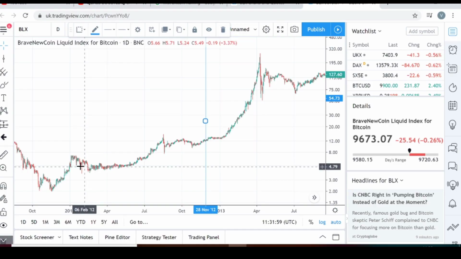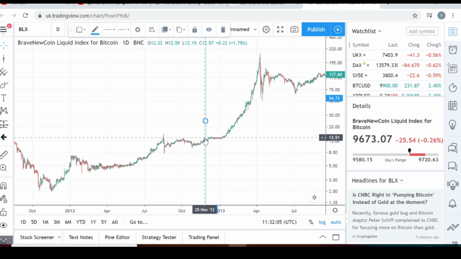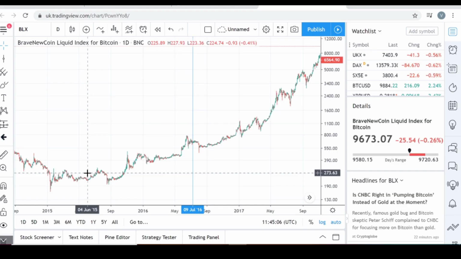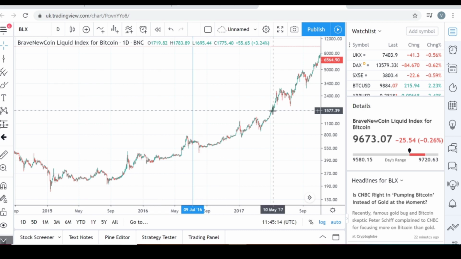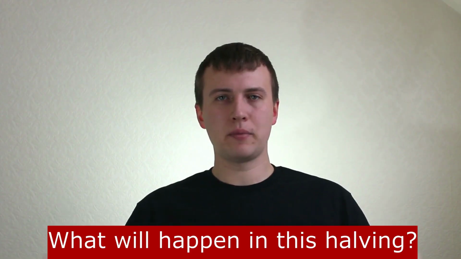So how can this halving affect the price? To really understand the halving, we must look at previous halvings. The first Bitcoin halving occurred on the 28th of November 2012. When you look at the charts, you can see that half a year before that halving, the price was trending up, but it was not going parabolic. But a couple of months after that, you can see that the price really went parabolic. The second halving occurred on the 9th of July 2016. When we look at this halving, we can clearly see a pump right before the halving. And after that, you can see the price consolidating, and only after that the supply shock kicking in and then pumping.